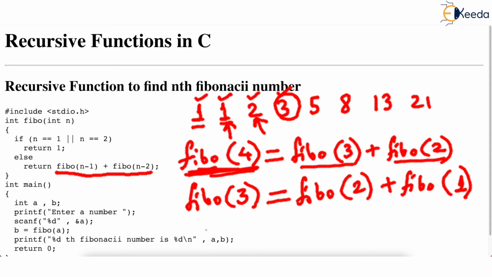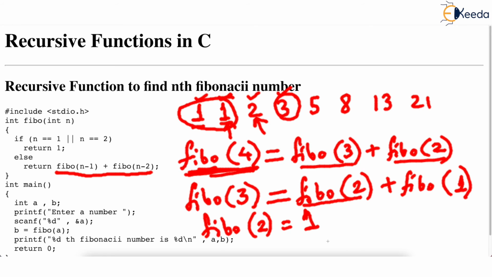But then what is the second Fibonacci? Coming back to the problem. What is the second Fibonacci? Now the second Fibonacci is 1. You can stop recursion. Because early in our explanation, we said that the first two Fibonacci numbers are going to be 1, 1. That means when we are asking what is the second Fibonacci number, we won't say it is the first Fibonacci plus the 0th Fibonacci.